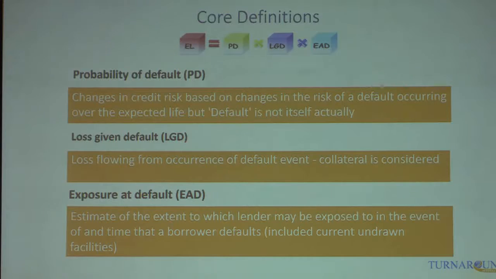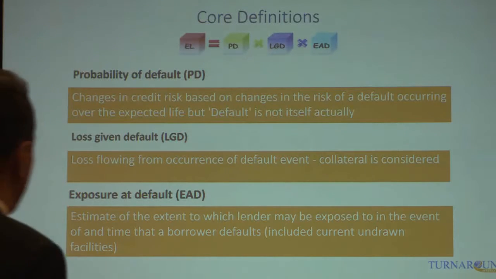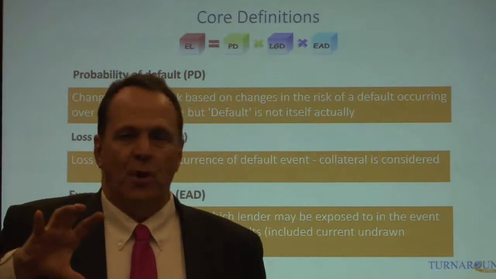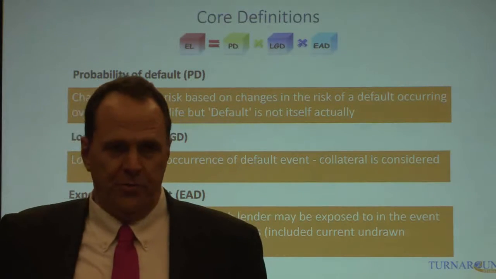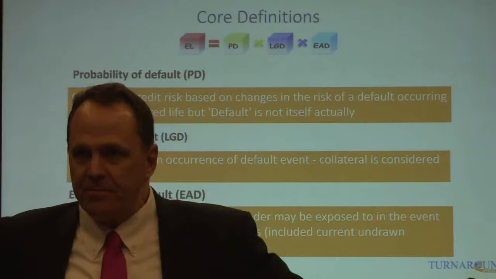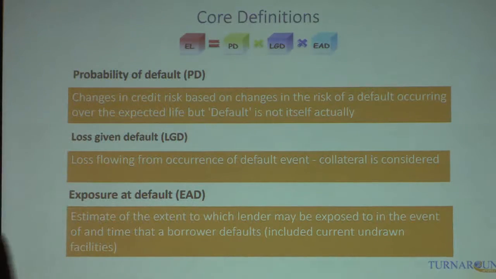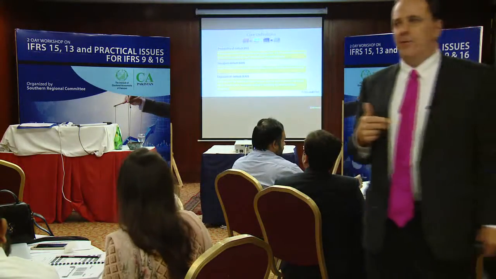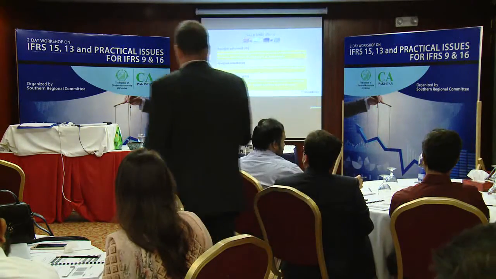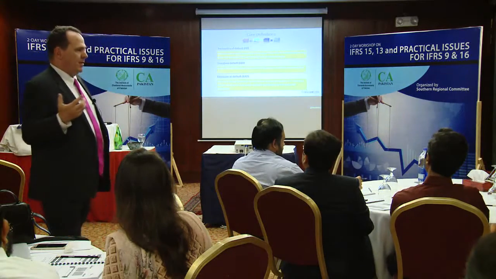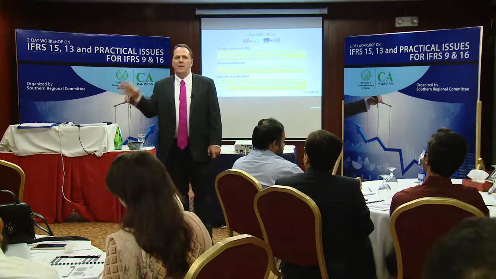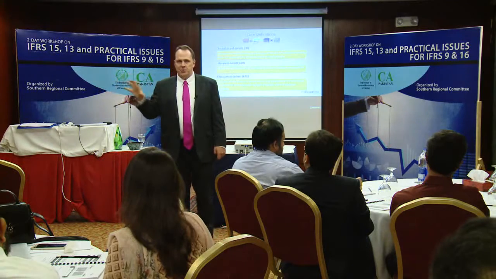Now, the probability of default is the risk of default occurring, and there are different types of probabilities. One is called through the cycle, which is the probability from now till end. There's another probability, which is called point in time. What's the chance of a default in year 1, in year 2, in year 3? So in IFRS, we have to get the probability for each year. For Basel, we care about the probability for the entire life cycle. So you don't have these numbers from your prudential reporting.